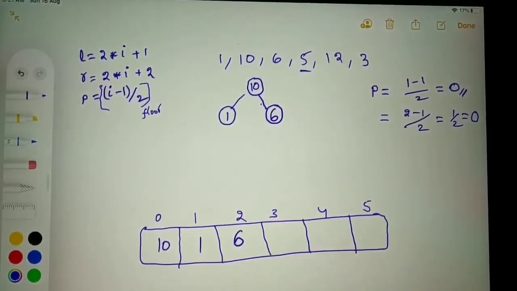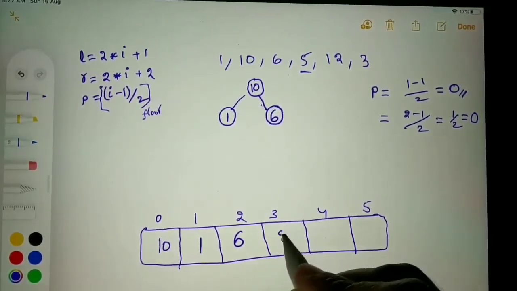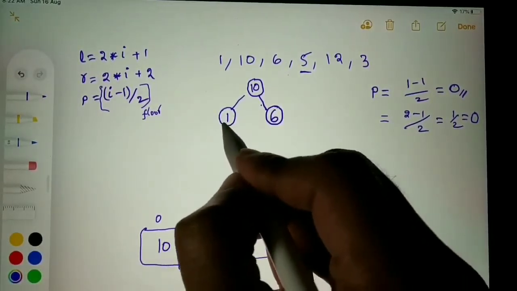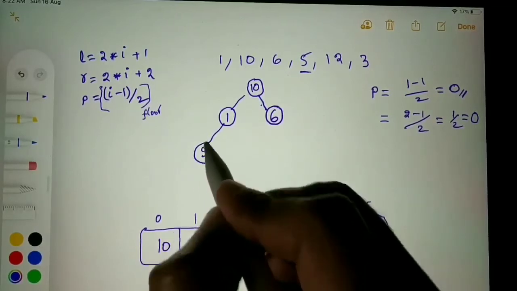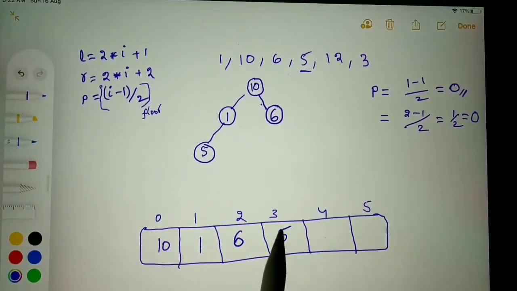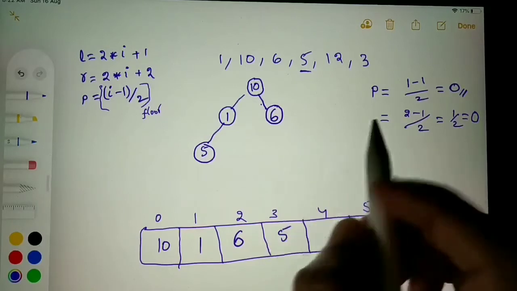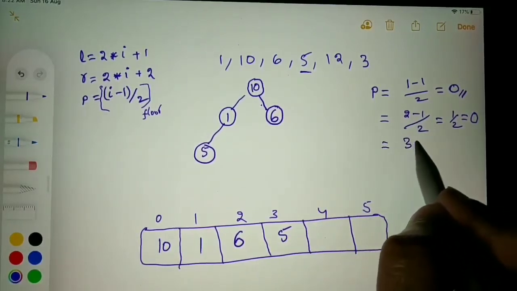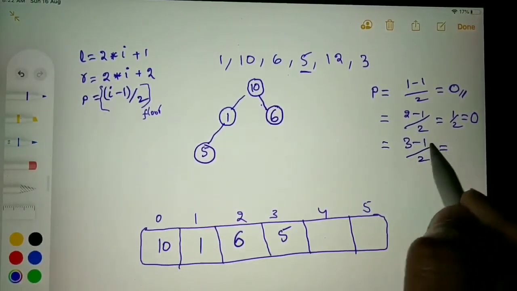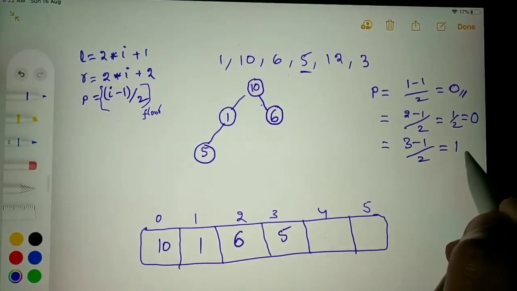I will add 5 directly to the array at the end, and this is equivalent to adding 5 here. And we will check the heap property now. Index of 5 is 3. (3 minus 1) by 2, that is 2 by 2, which is equivalent to 1.